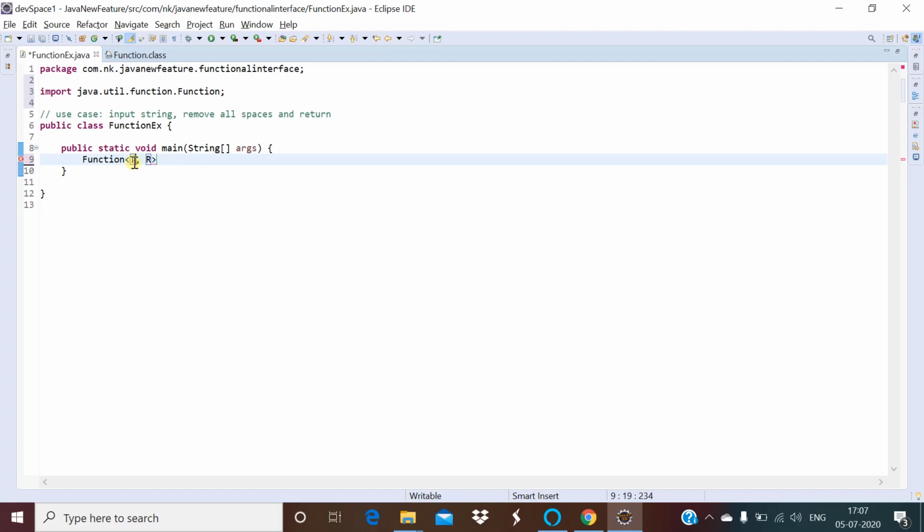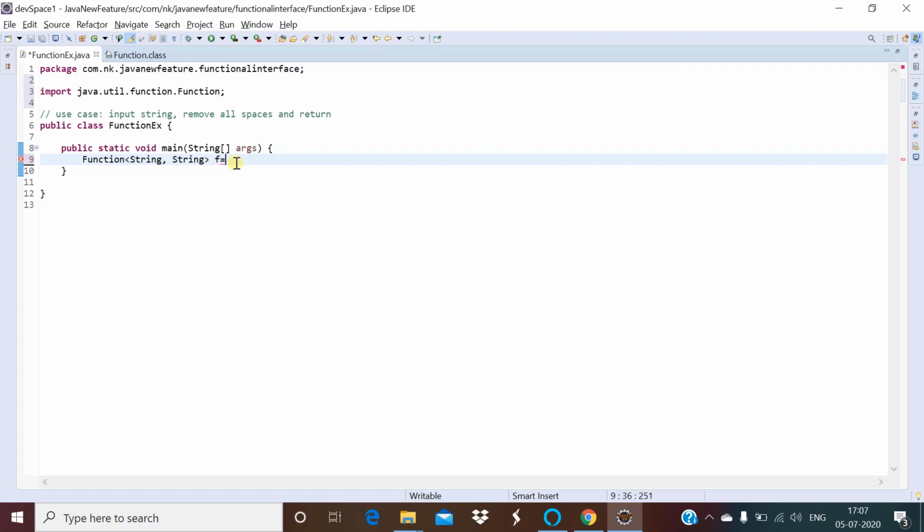In such scenarios you can use Function very happily. Now we have this Function. The input type will be String, and again the input type or return type can be of any type. It can be of object type also, but we'll see the simple use case here. So the return type is also a String. I'll take f as the variable, or you can take any variable name.